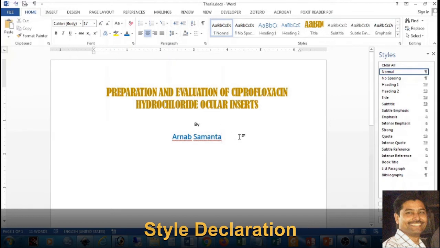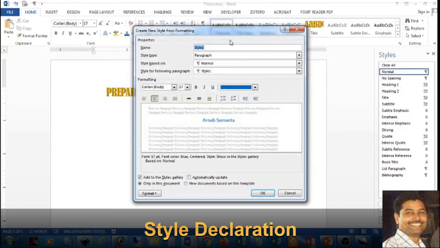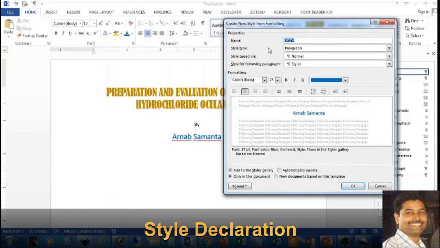So let me create my own style. To create a new style, you have to go at the bottom. Here you see AA, and on the top a small golden yellow asterisk sign is there. Press this button. Immediately you will find a new style dialog box coming. Here the name is selected.